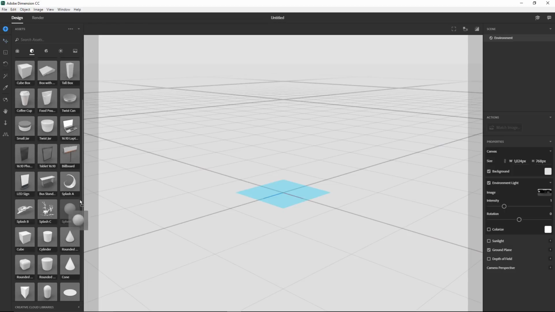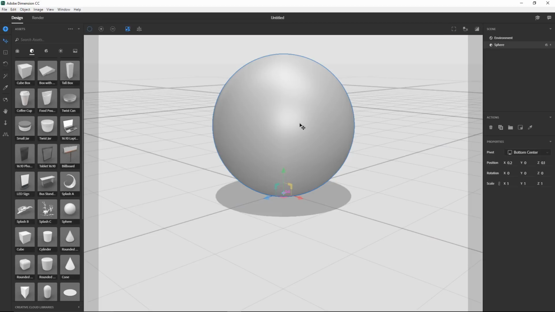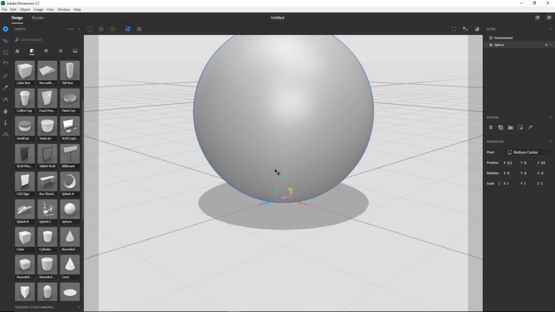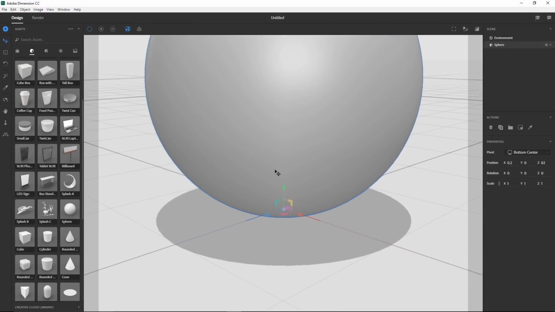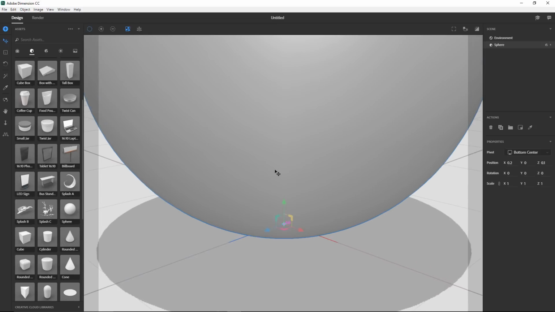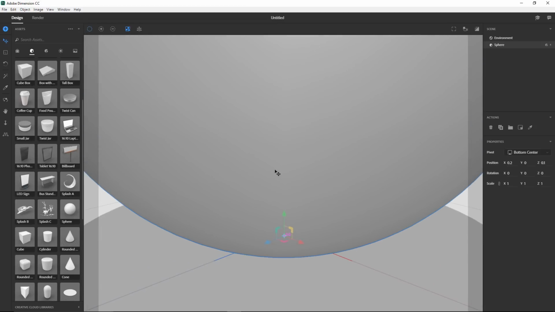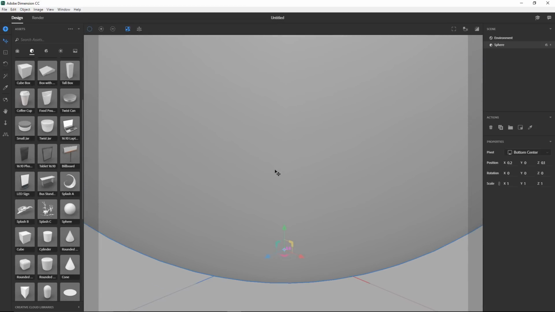You can simply click and drag onto the canvas, and notice that blue box that is appearing on the ground plane. That is where the model is going to land as soon as I release my mouse button. And there it is. If for whatever reason you are ever working in Dimension and you import a 3D model and it's either too big or too small that you can't really see it on screen, and I'll zoom in by scrolling on the mouse wheel so that you can see what I mean, something like this,